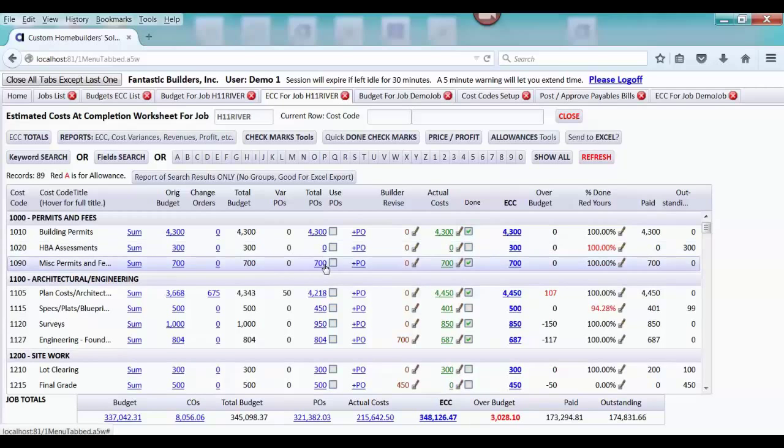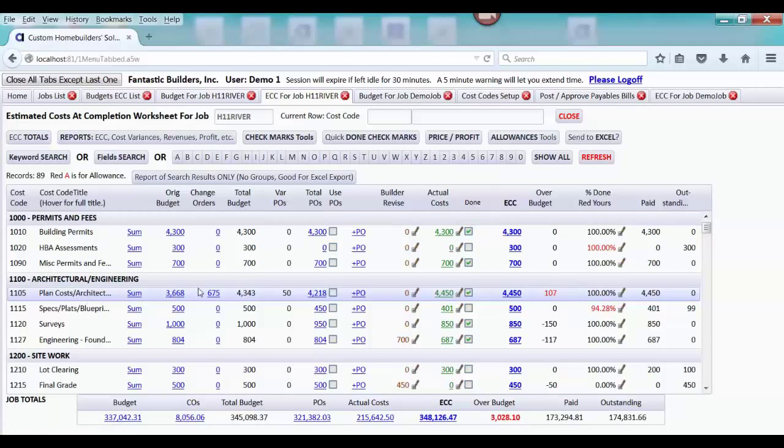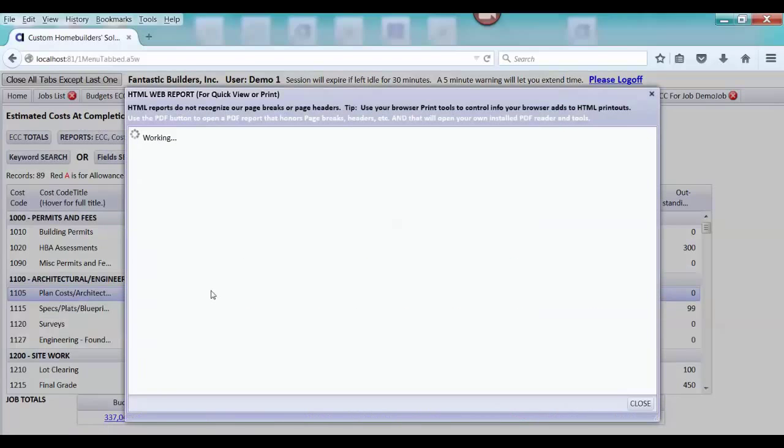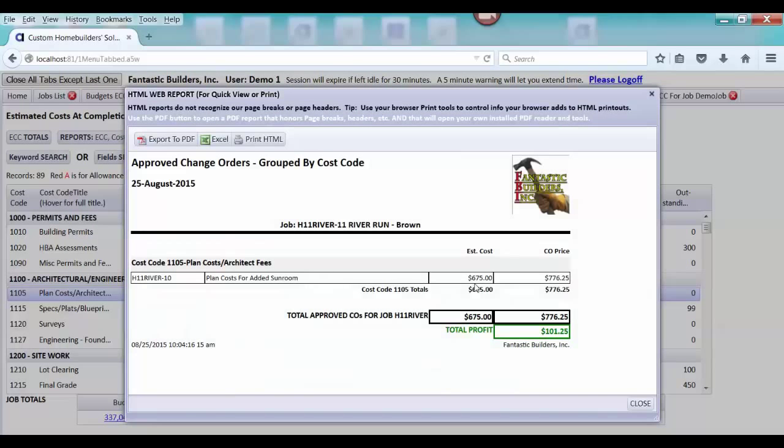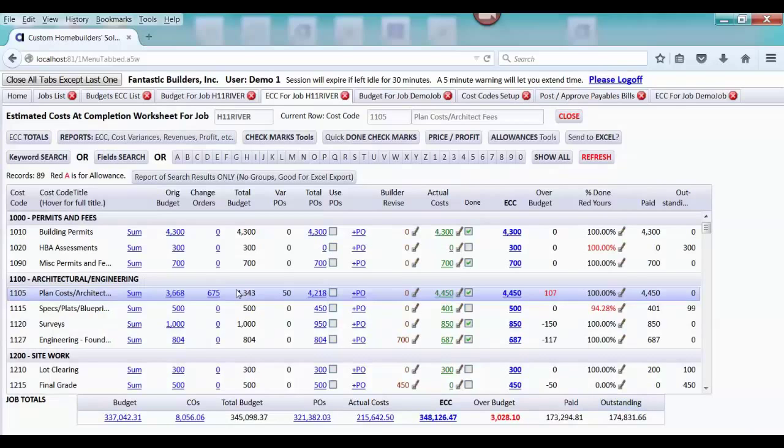and just show you a few things very quickly. Notice that here's the original budget for planned costs, but that we see that there's also a change order estimated price. We estimated the price to be $675, and if we drill down, we can see that it was for an added sunroom. You can issue change orders, and you will be giving cost codes to the change orders so that you can do comparisons. You can see that we had one variance PO for $50, and that our total POs are $4,218,